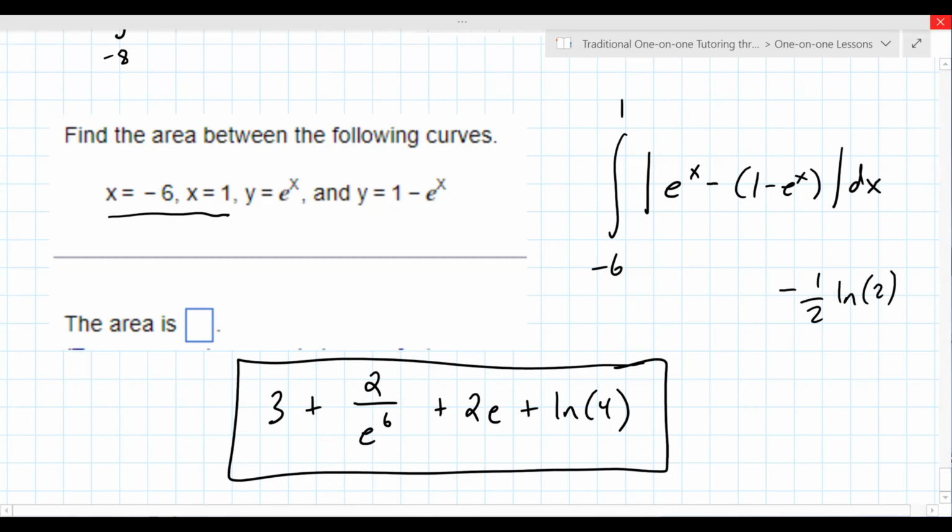Will you submit that and let me know how that goes here? Yeah, so